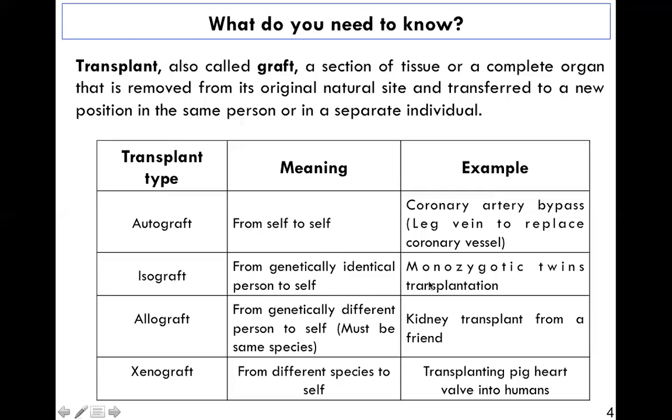In this case, an example is transplantation between monozygotic twins. If two babies are twins, and more importantly monozygotic twins, we can transplant an organ from one kid to the other, and that is called isografting. And we see the third type of